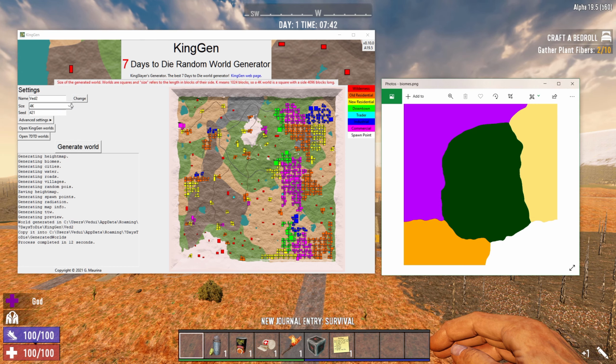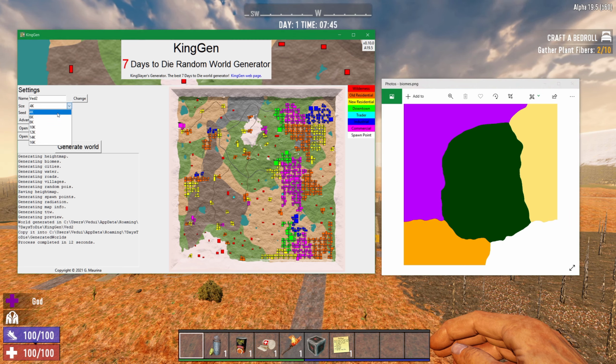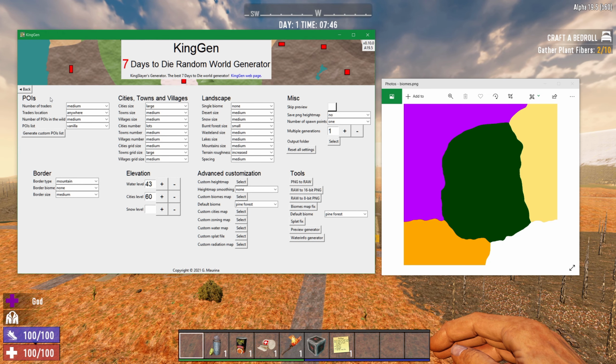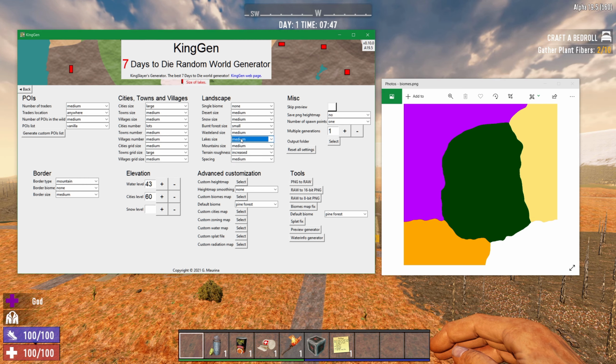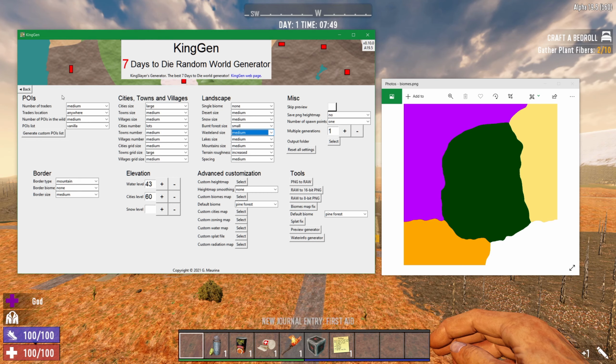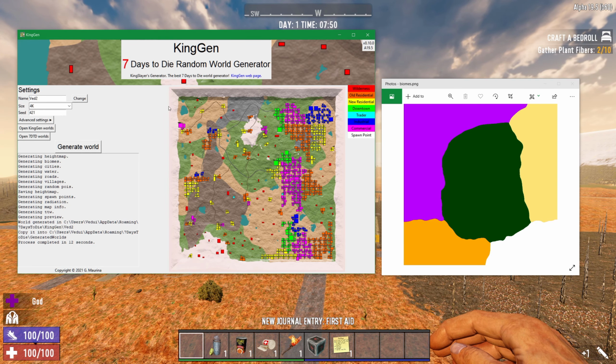So what I would suggest, you go and download this, run it, and just generate a few different maps. And I would start with a 4K map where you can actually change the settings into something that you actually like. So you can see how large do you want the lakes to be, the size of the wasteland, how many towns and cities do you want to have. And once you have that configured in a way that you're comfortable with it,